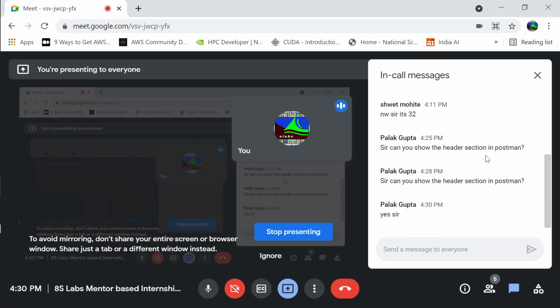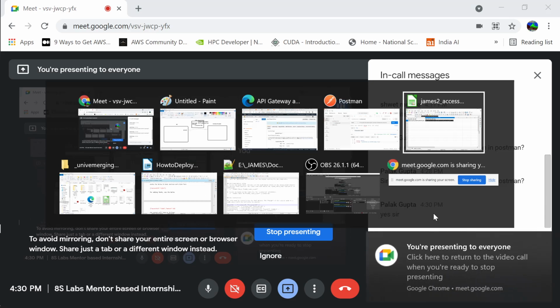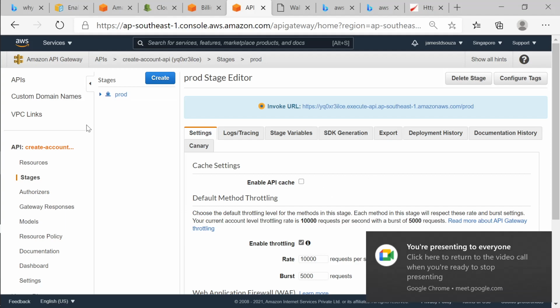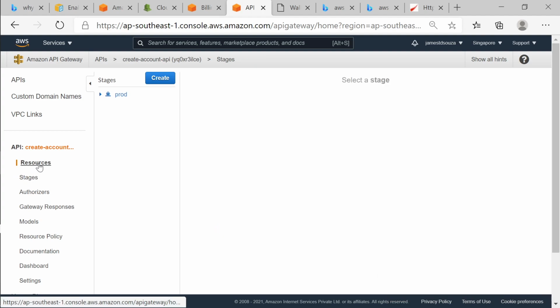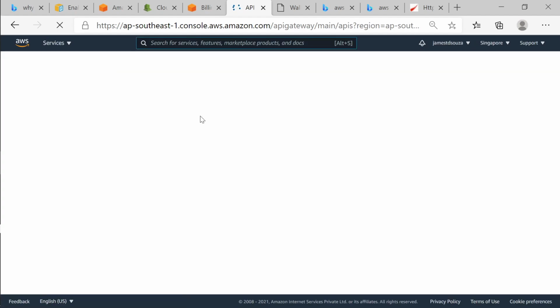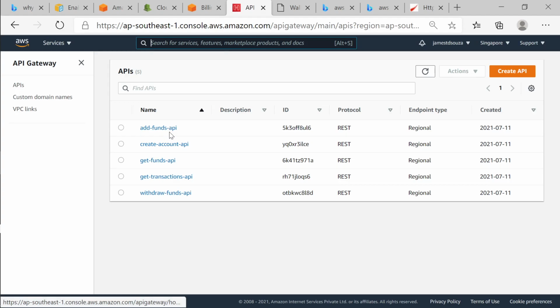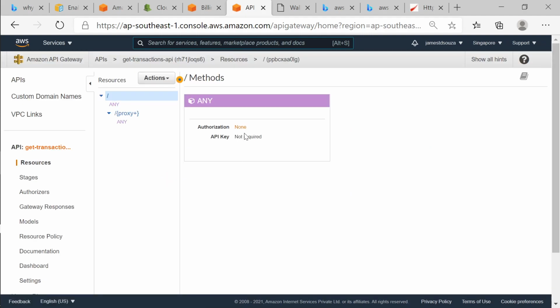Okay, so now that you have seen it, I'll show you the actual code. But first let me verify whether API gateway still looks fine. Okay, so this is without authentication. If you notice, all my APIs I've removed the authentication, just for the test sake right now I'm allowing, but anybody can make a call. So authorization is done if you notice, and it should work fine. So this is a main condition, the authorization should be none.